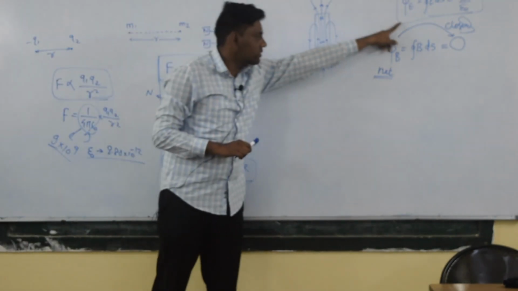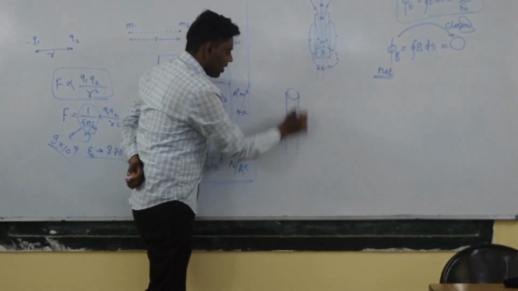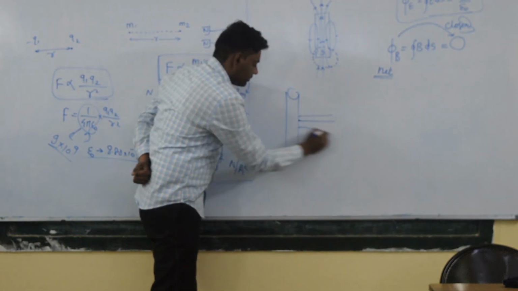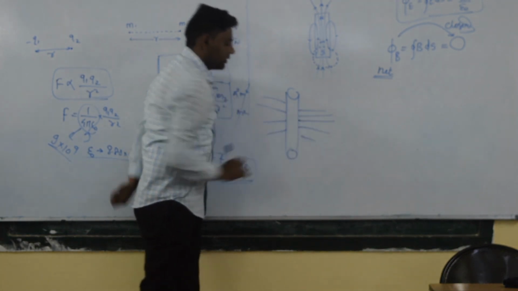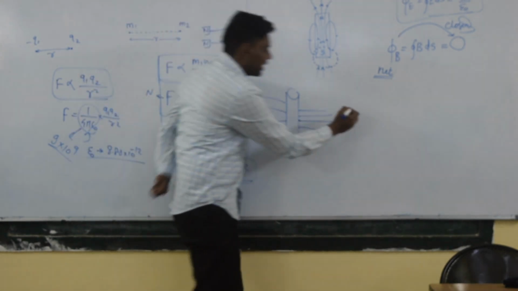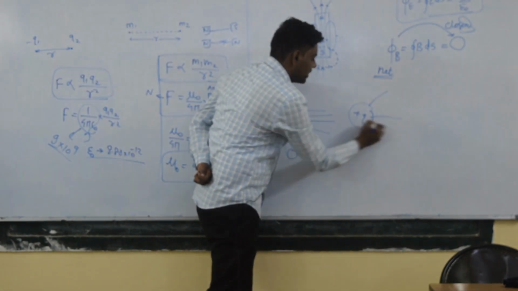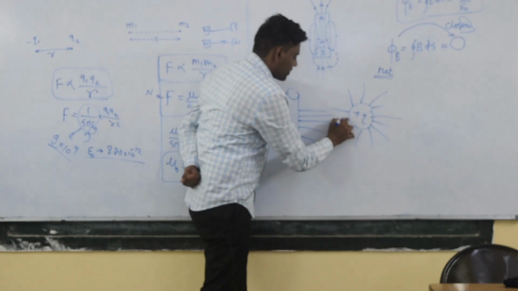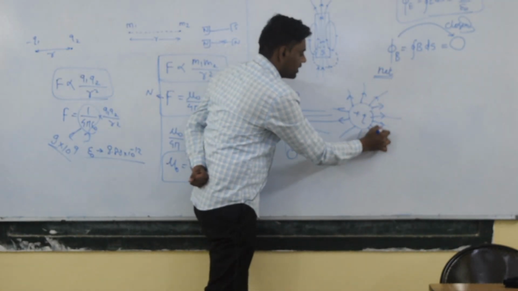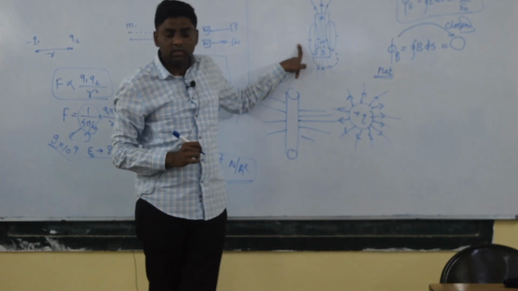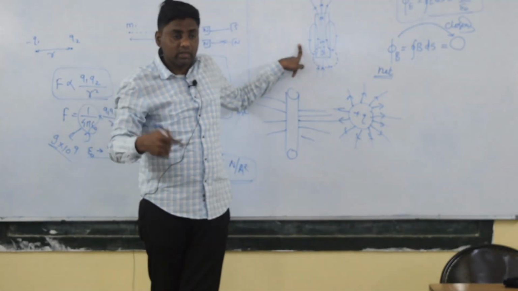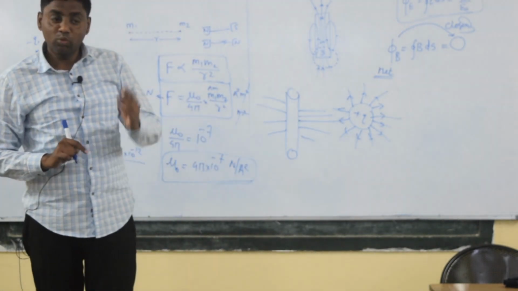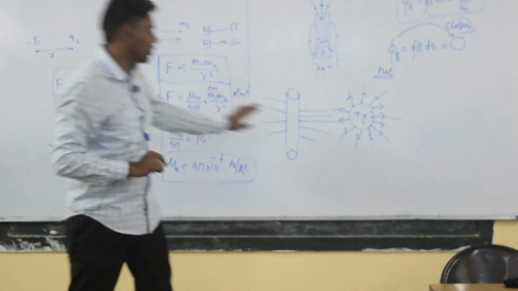What happens in the case of electrostatics? When we consider the rod and the electric field is produced, if we consider any one of the charges, that is a plus charge, what are the electric lines of force? They are infinite. But what happens in the case of magnets? They form closed loops. Why? There are two poles. We cannot separate them. Monopole does not exist.